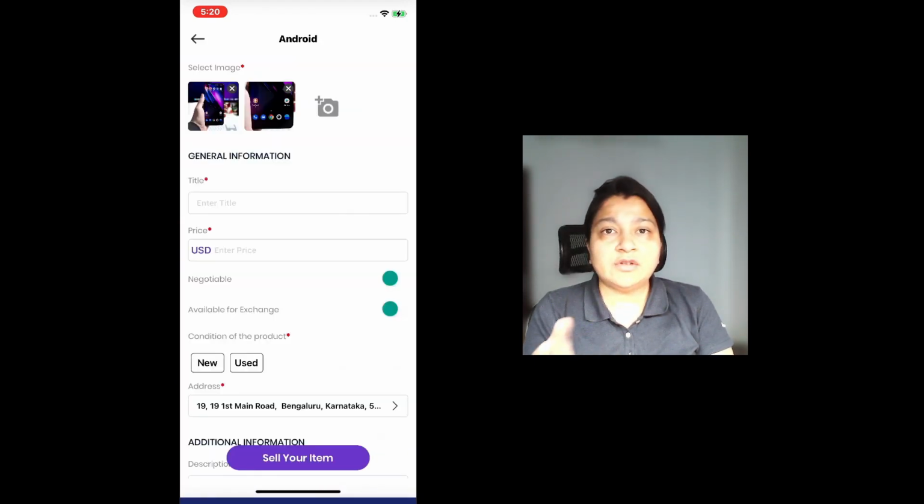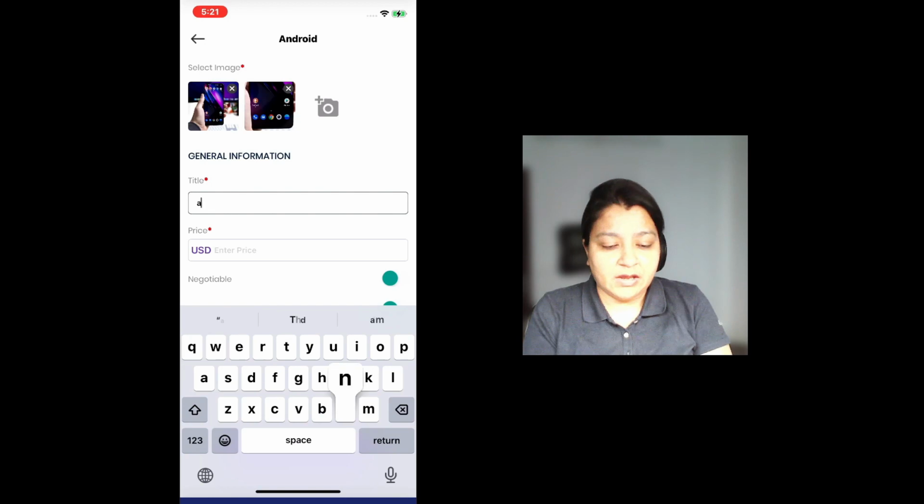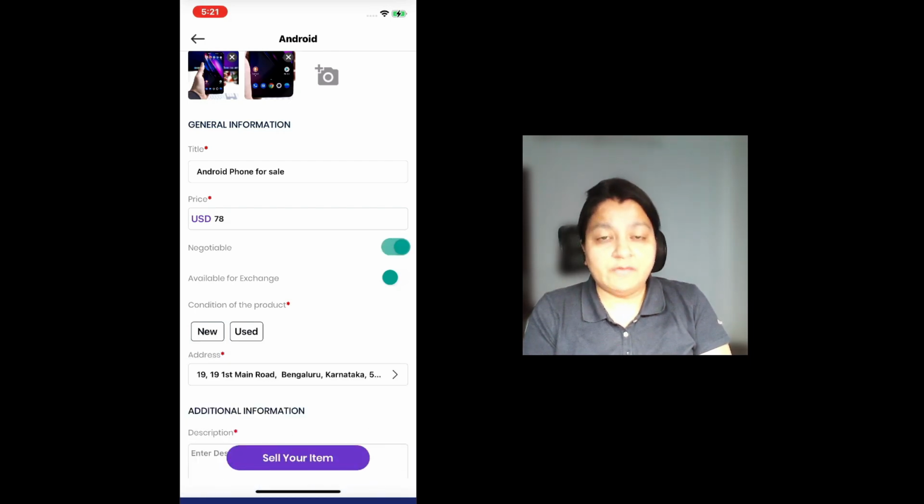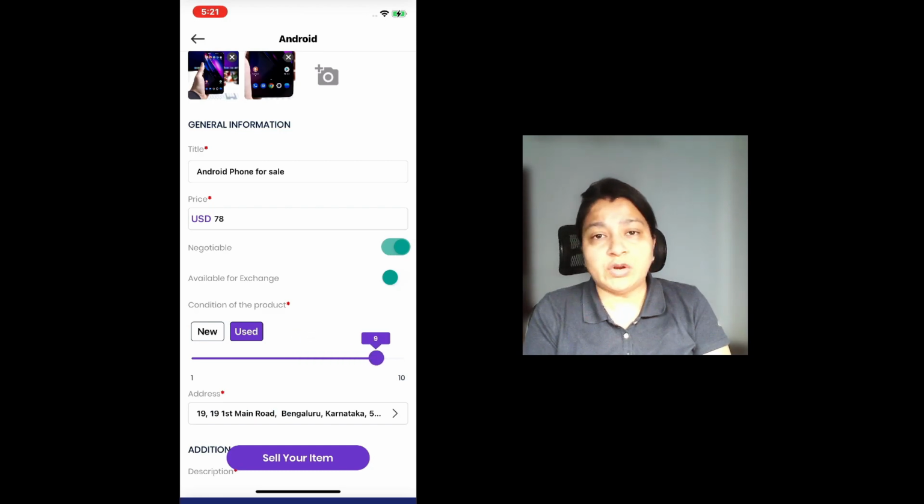So I can edit and crop the image according to my needs and requirements. So I've added an image. I'm going to enter this, an Android phone, and give it a price of about $78. I'm okay for it to be negotiable, and it's used, and I get to choose what kind of condition it is in. As you can see, it's in a very good condition,